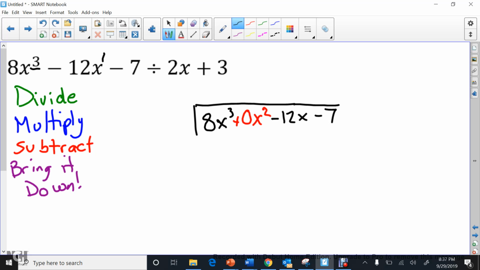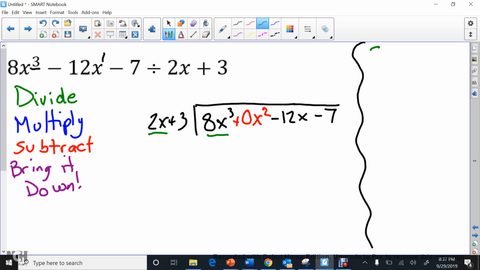Now we need to write our divisor. I'll do all of my work kind of to the side of the squiggly line. So our first step is to divide. When we divide our first term of the dividend by just the first term of our divisor, I get 8x cubed